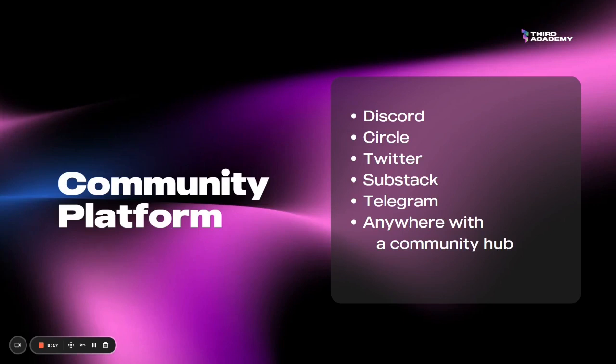Discord seems to be a place for people to gather and grow. Circle is a really great place that seems to be geared towards more professional networks. Twitter also has a community part of it, but it's a little bit less interactive. It really does function kind of like Twitter. It's just more niche in terms of the people that are in that, I guess, Twitter section. Then Substack, if you have a newsletter, also does have a community section, which is really nice.